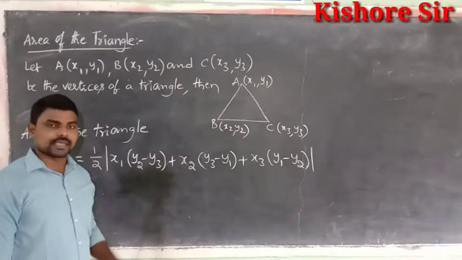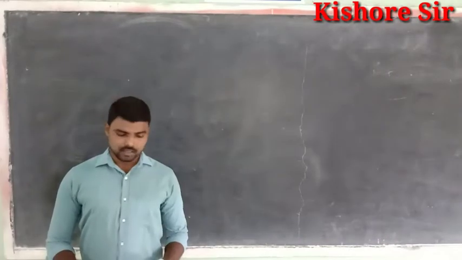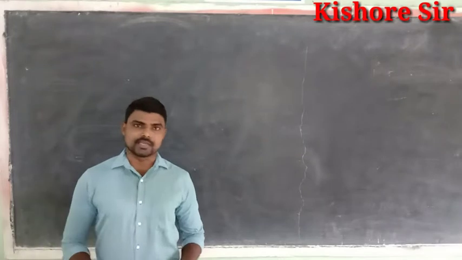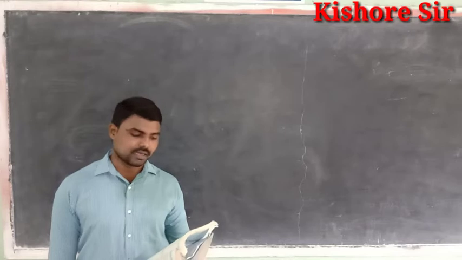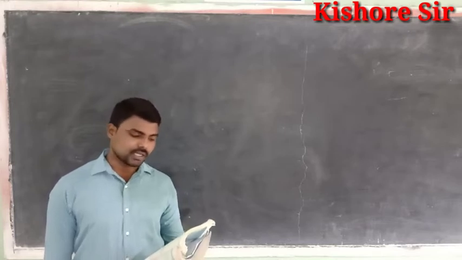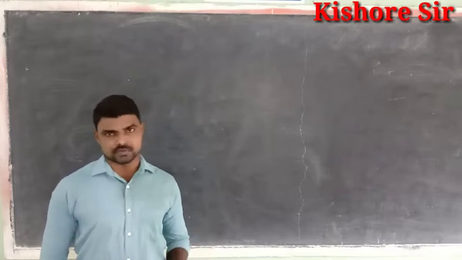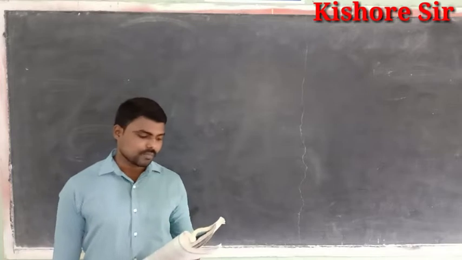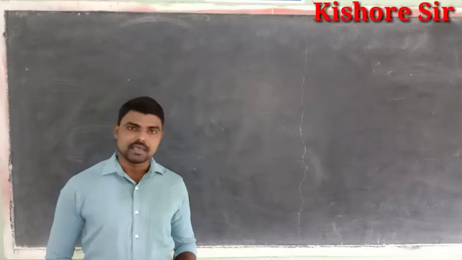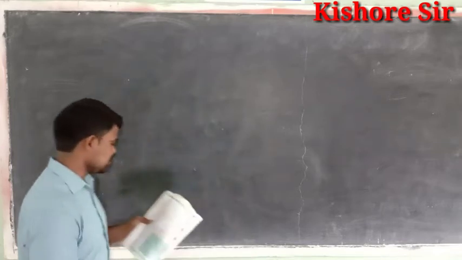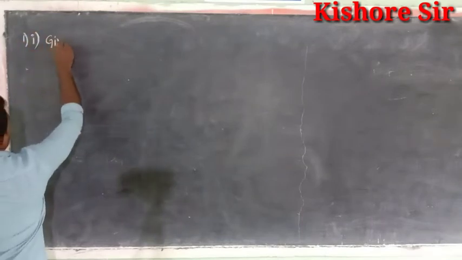Now see exercise 7.3. First one, find the area of the triangle whose vertices are, first problem, 2 comma 3, minus 1 comma 0 and final point is 2 comma minus 4. Here the 3 vertices of a triangle are given. We have to find area of the triangle. See here, first problem. Given points are